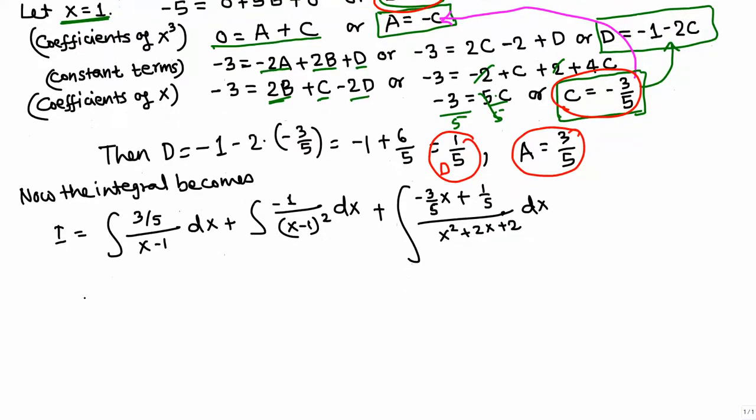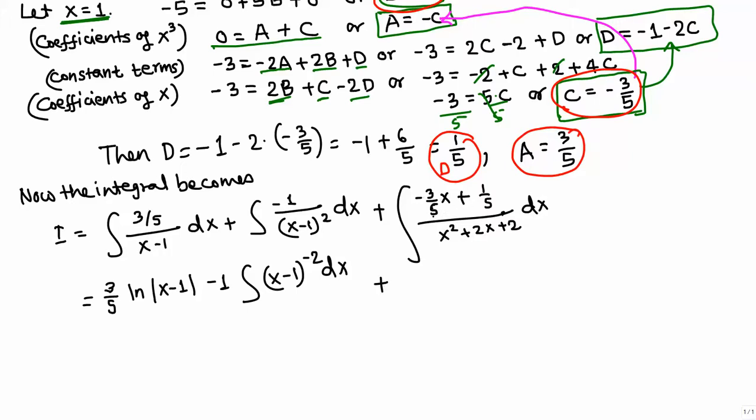The first one is easy because 3/5 can be pulled outside. Then we have 1 over x minus 1. The derivative of x minus 1 is 1, so the integral of 1 over x minus 1 is natural log of absolute value x minus 1, plus minus 1 can be pulled outside, minus 1. Now we have 1 over x minus 1 squared. Let's move this to the top. This is x minus 1 to the negative 2 dx. In the next step we can use the power rule. It's like u to the negative 2 du. Okay, now here